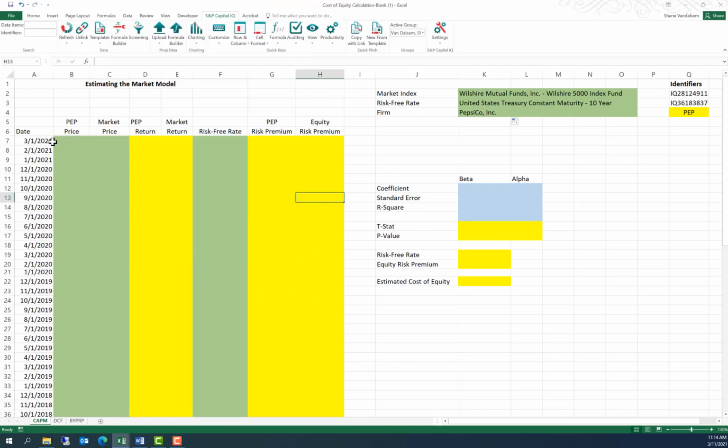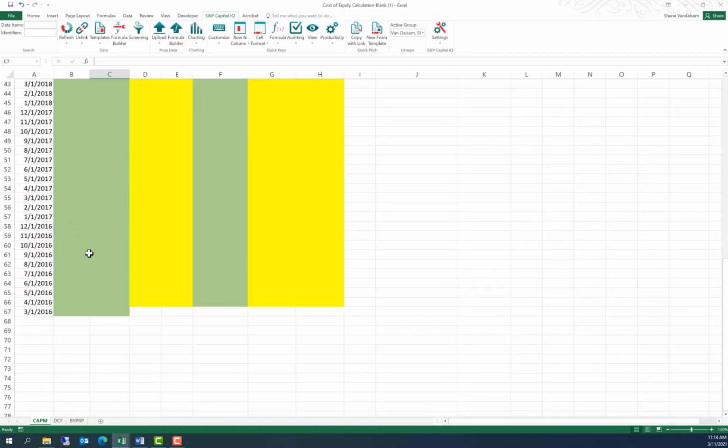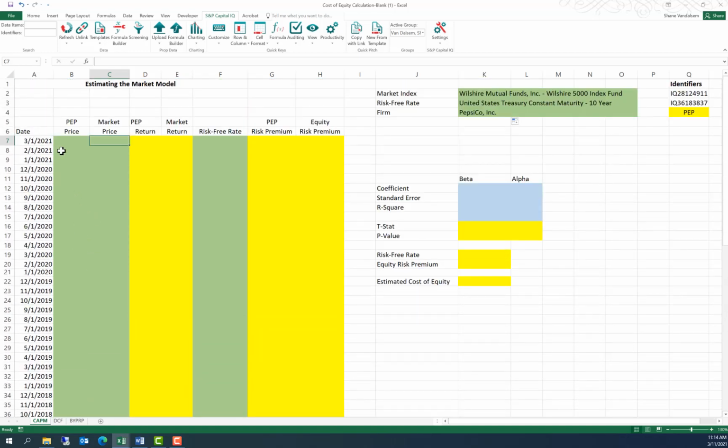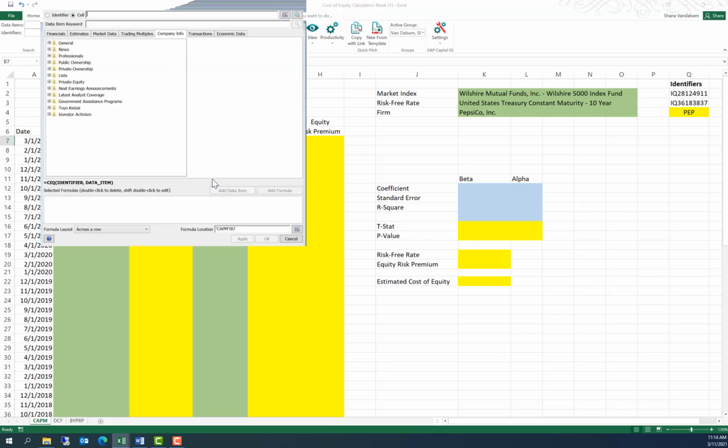All right, so I want to find Pepsi's price and then the price for the index here for the last 60 months. And I'm ending with March 1st, 2021. So it's going to give me the price of Pepsi stock on that day. So I select cell B7, go to Formula Builder, and so again my identifier is going to be Pepsi over here,